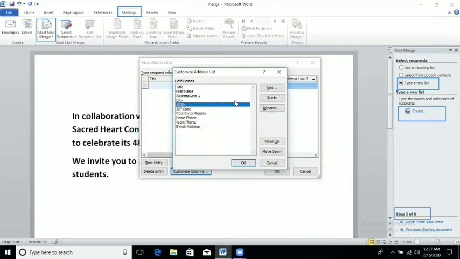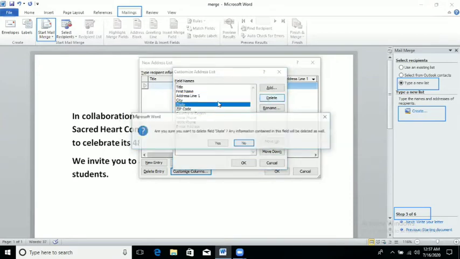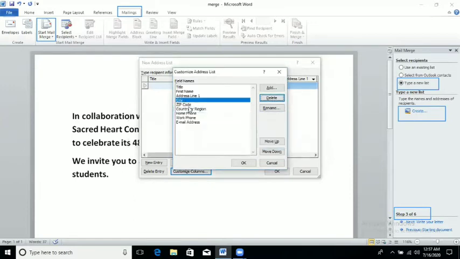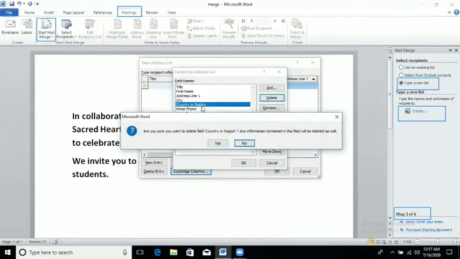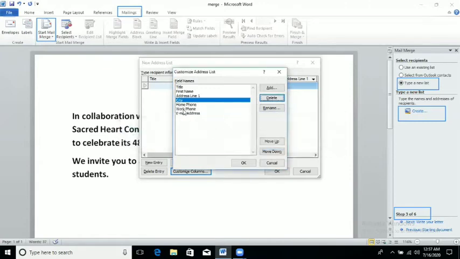According to your requirement, you can take the field names. So I'm deleting those I don't want to take. Clear? I'm also deleting work phone, or home phone, whatever.